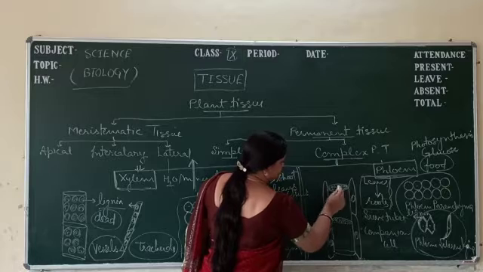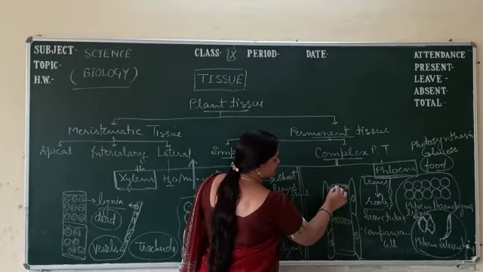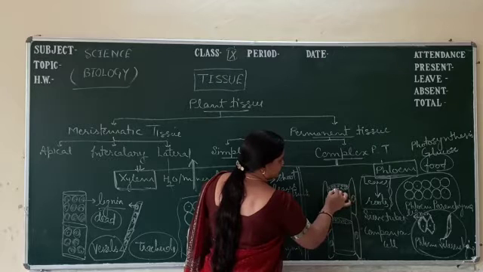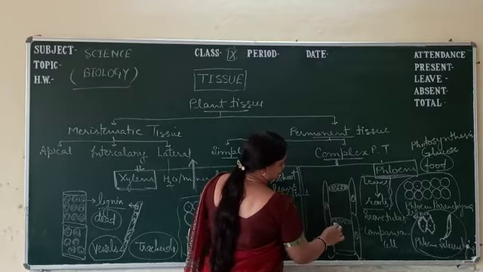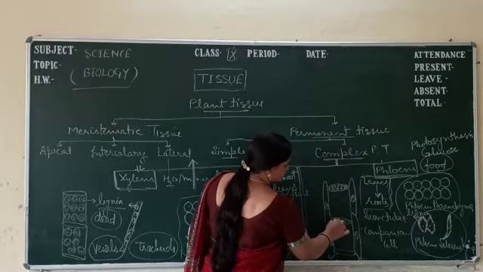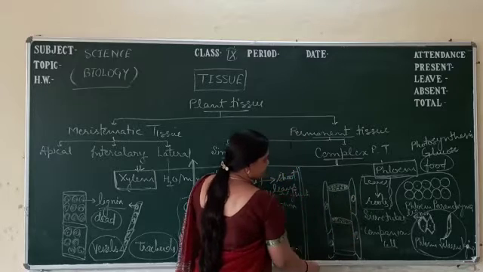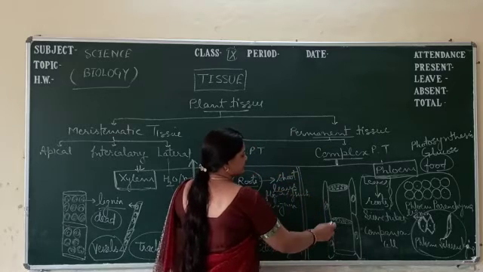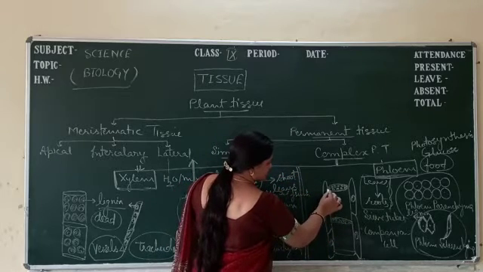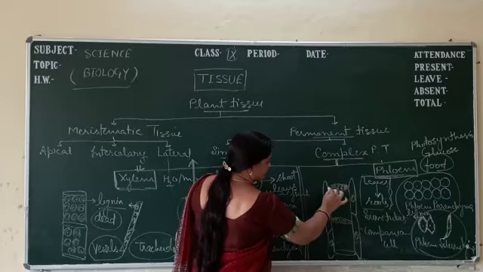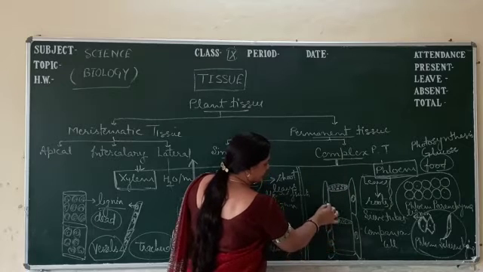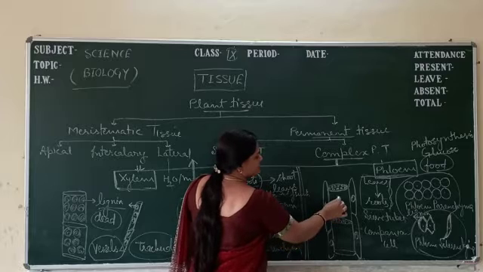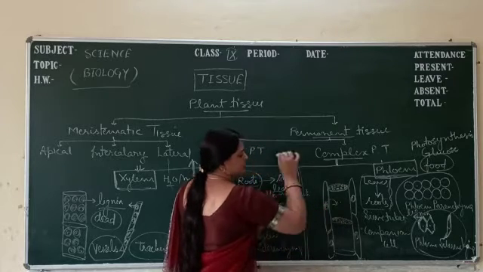Perforated means the small pores, this plate is known as sieve plates. So these are known as the sieve tubes or sieve cells, but the nucleus is not present in these cells. The other cells are known as companion cells, and they have a large and prominent nucleus,